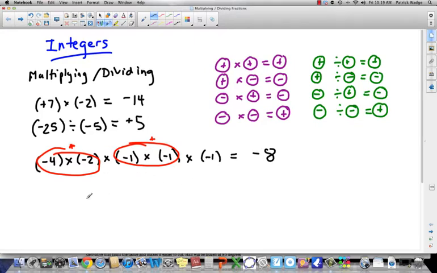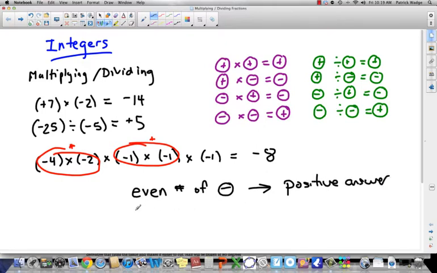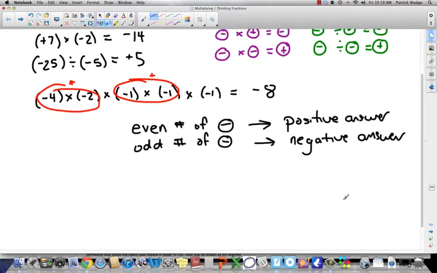If you play around with this a little bit, you're going to see that if you have an even number of negative signs, then your answer is going to be positive. And if you have an odd number of negative signs, you're going to have a negative answer. And that can help you answer questions like